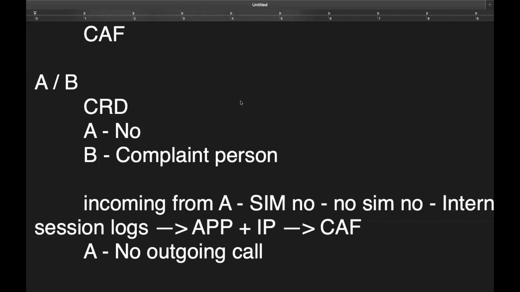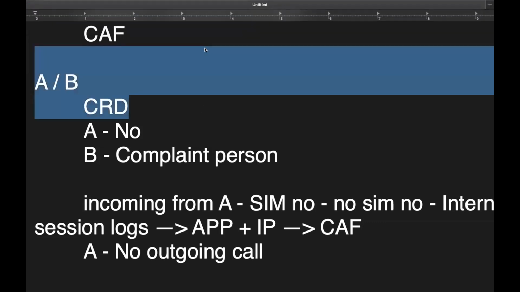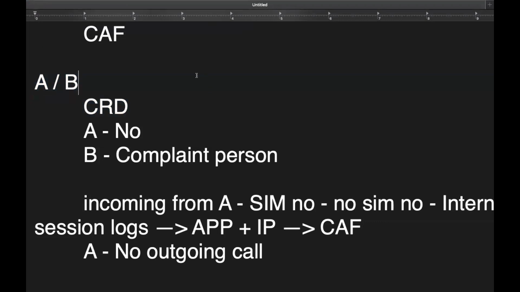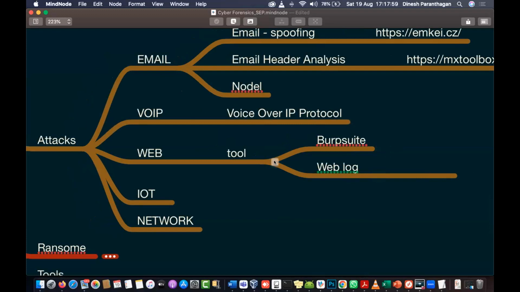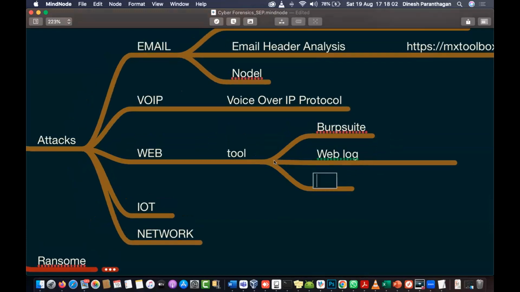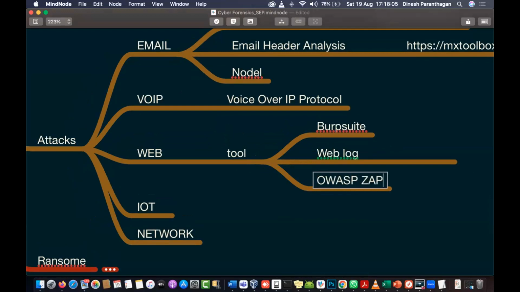So that is VoIP. So this is actually a VoIP investigation. Next, I'll proceed with web. For a website, there are different tools we use for investigation. One among the tools is Burp Suite and OWASP ZAP for finding whether there is a vulnerability in the website. Because only if there is a vulnerability can the person intrude into any website or network. So we use tools named Burp Suite or OWASP ZAP to find vulnerabilities, and we'll find some weblogs.